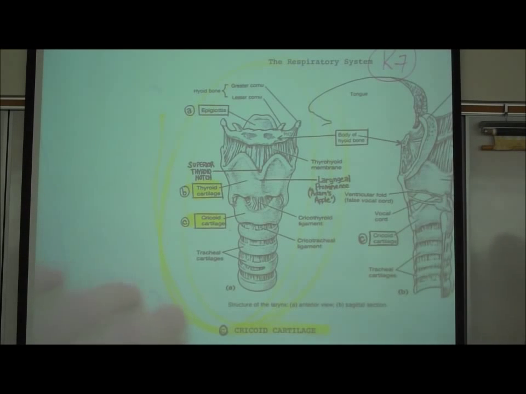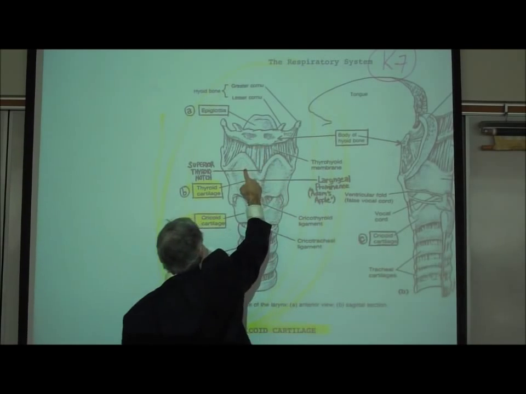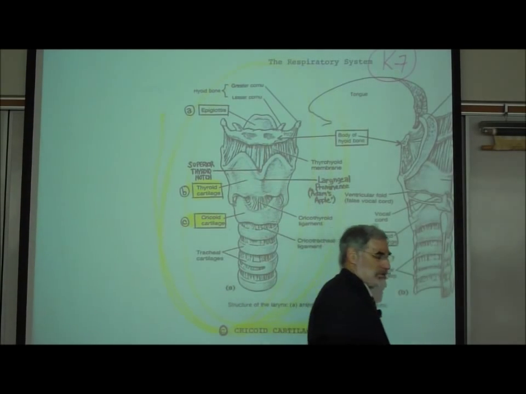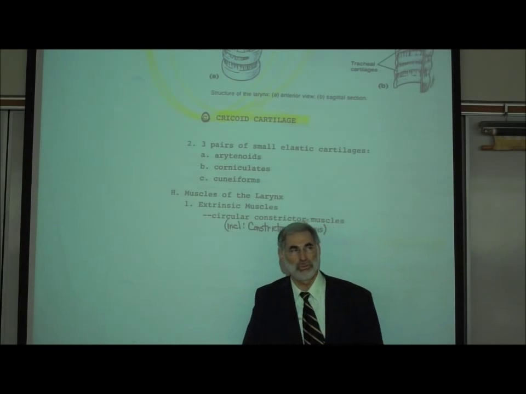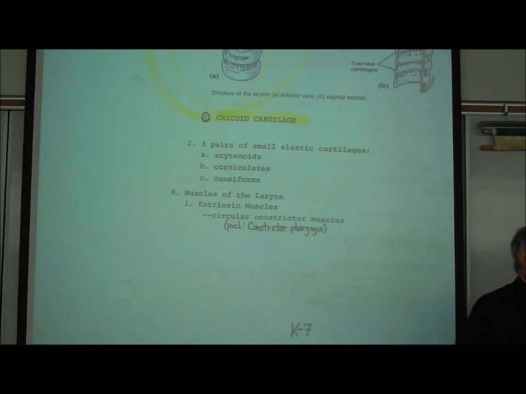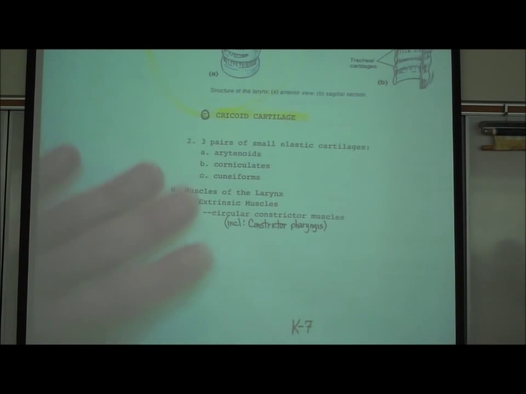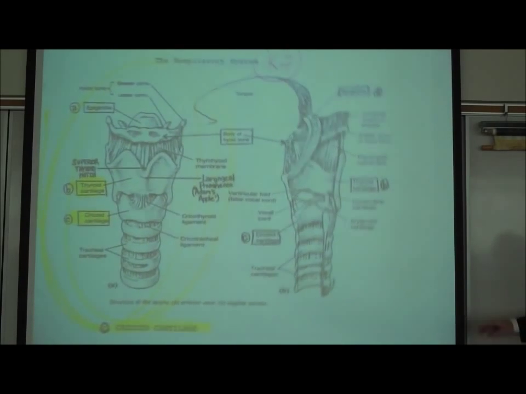Now, in addition to these 3 large cartilages that are associated with the larynx, I wrote down below that there are 3 pairs of small cartilages called the arytenoids, the corniculates, and the cuneiforms. Does anybody like those words? Nobody likes them? Okay, then I won't test you on them. You'd say, but Professor Fink, I don't like a lot of the words in this thing. All right, but I won't ask you to know them. They are identified in the picture here on the right, but we'll just skip those.